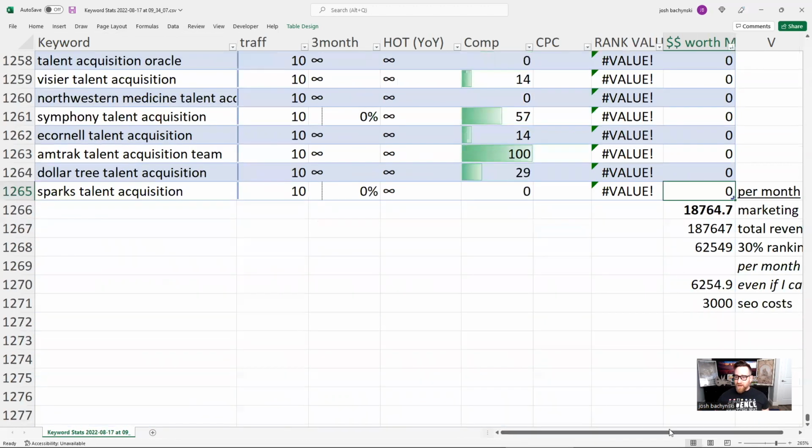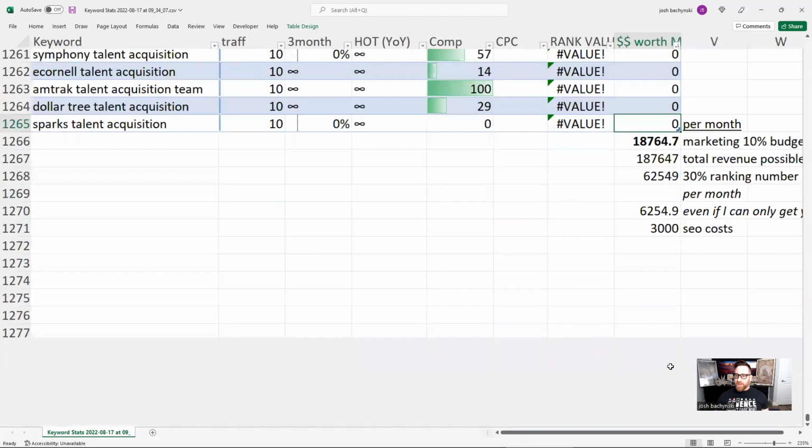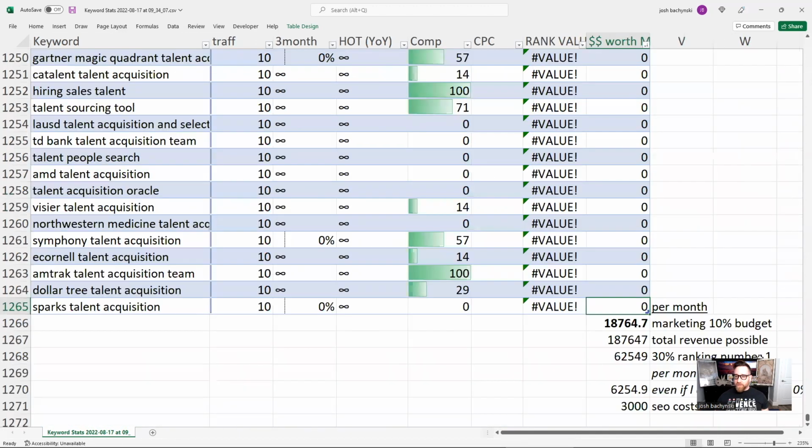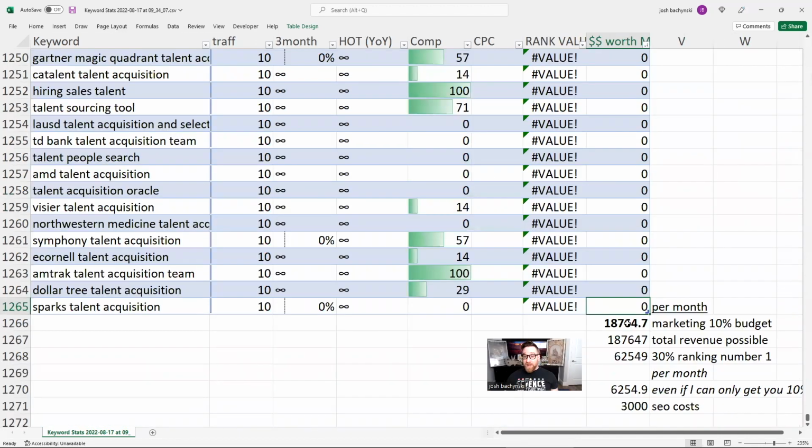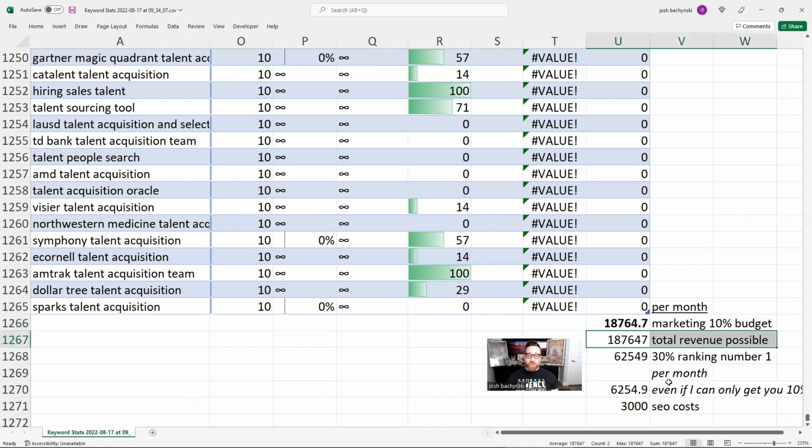So, at the end of the day, you have to show what your value is. You have to show that you are worth the money you say you're going to be worth. This is how you have actual real hard numbers as to what money is actually behind this niche that this person wants to rank for, which is true in real time, dedicated to their geographic area. With a 10% marketing budget, that means there's almost $200,000 per month in this particular niche that's the money available for you to hack away as an SEO with a pick of SEO tactics.